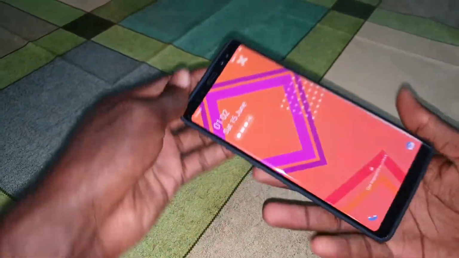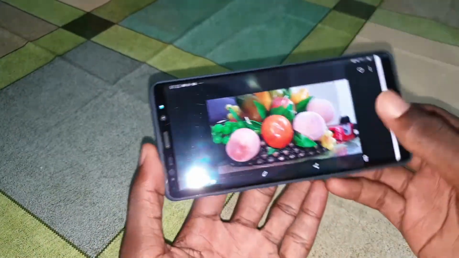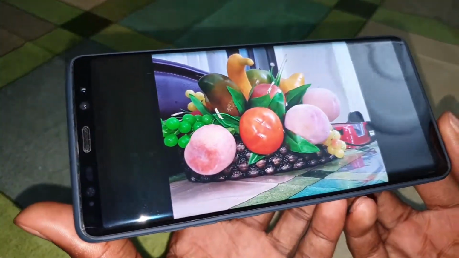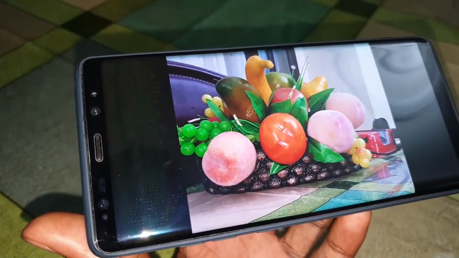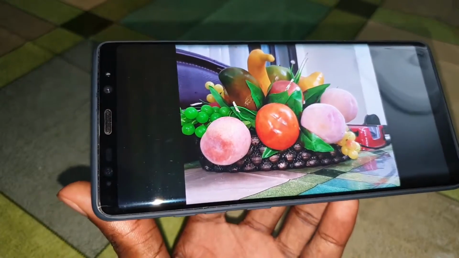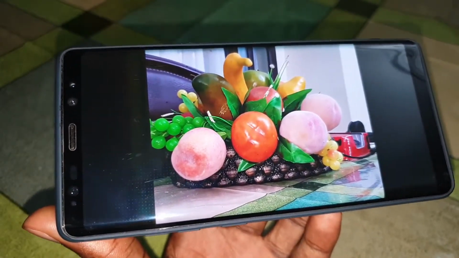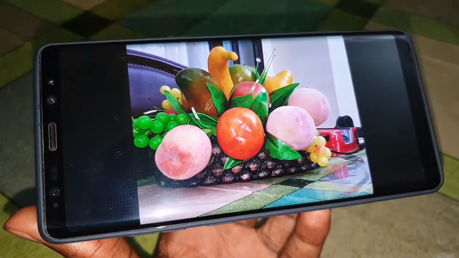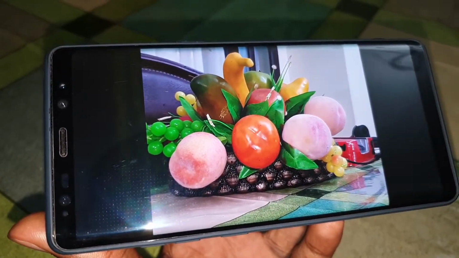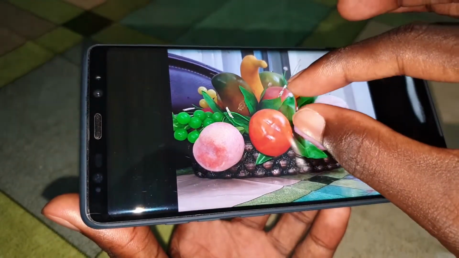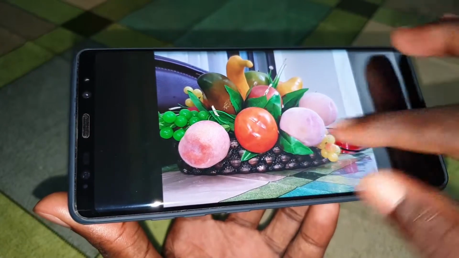Now unlock and let's see. Look at that. It's so shiny. It's amazing. It's nice. I think that is amazing. It's great, it's good. There are more details. That is so nice. This is amazing.